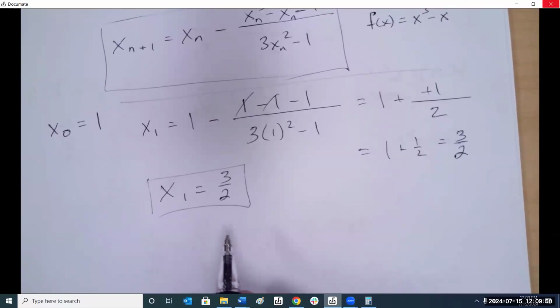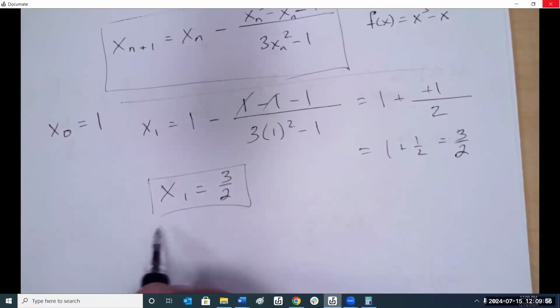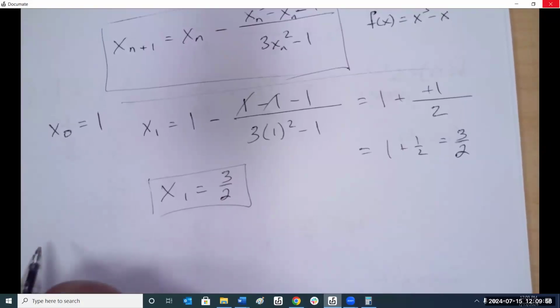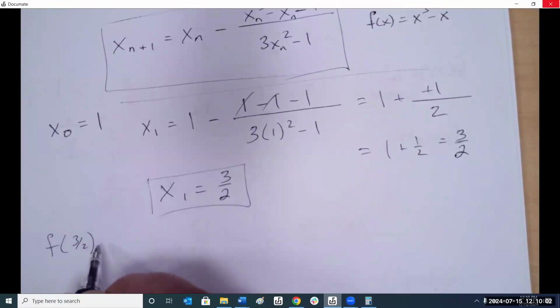All right. So now this is our next input. And if we want to see f of 3/2,